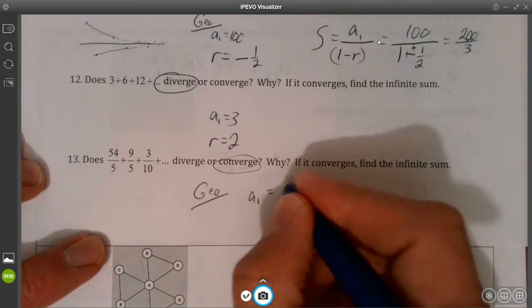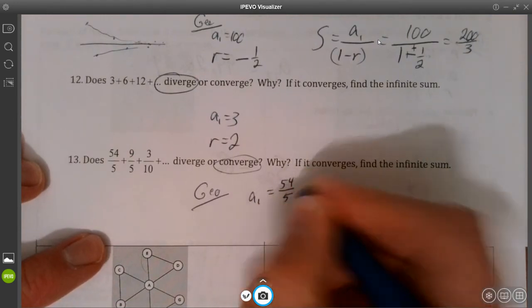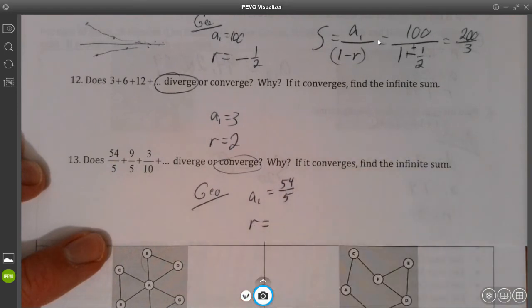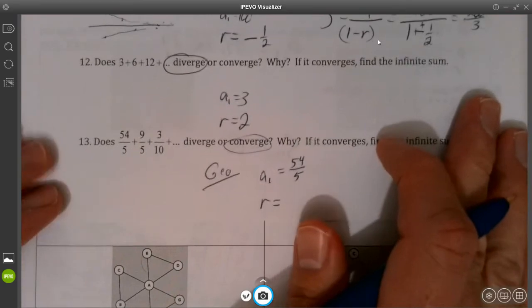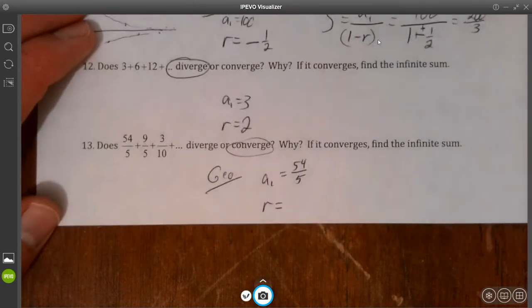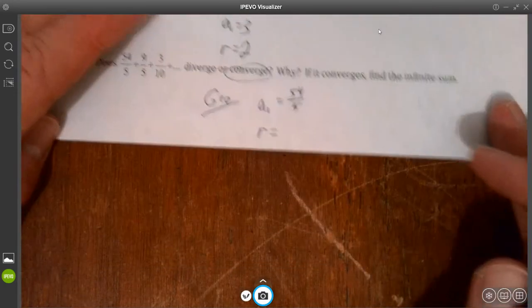My first term is 54 over 5. And my common ratio is not obvious at all. I'm gonna go real crazy on you, and we're gonna find that common ratio. Let me get this paper out of the way. Got my Euler and Hamiltonian paths and circuits in the way. And now y'all can see how scratched this table is. So I'm going to put an X on it. But anyway,